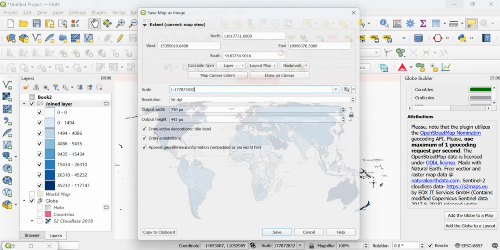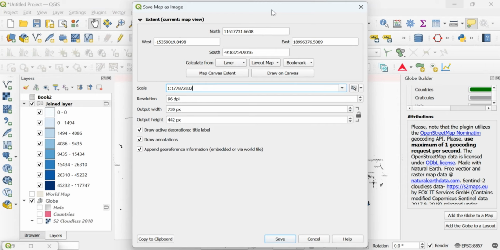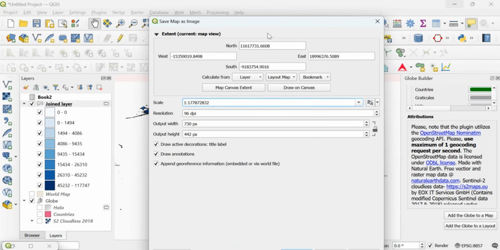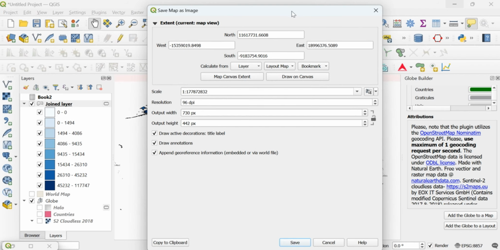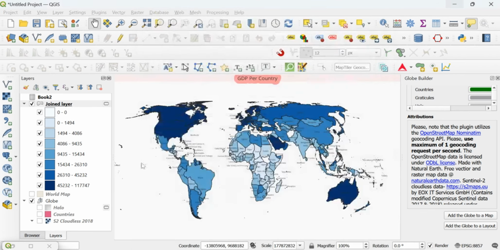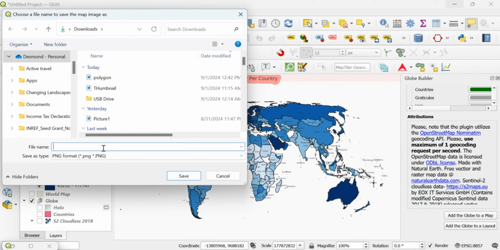We can export this as image. If you want, you can leave it as it is, because then it's showing the current map view. Or if you want to set it to something else, that is definitely up to you. But I'll just leave it as it is and then call it GDP polygon.